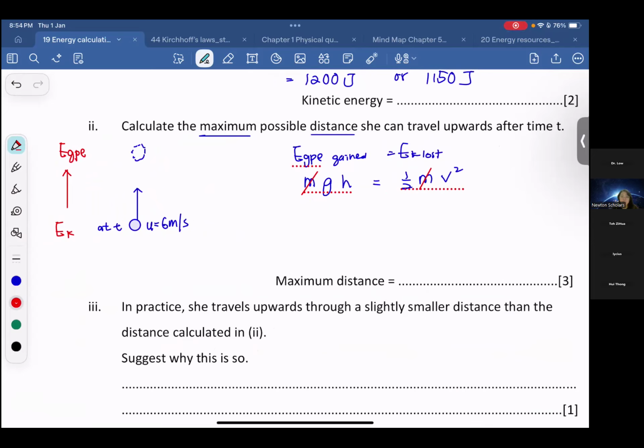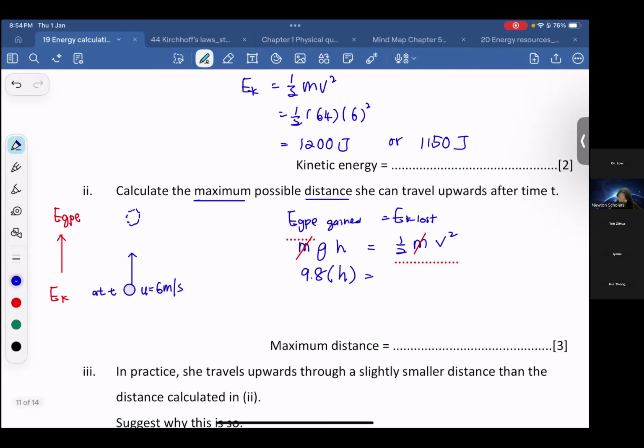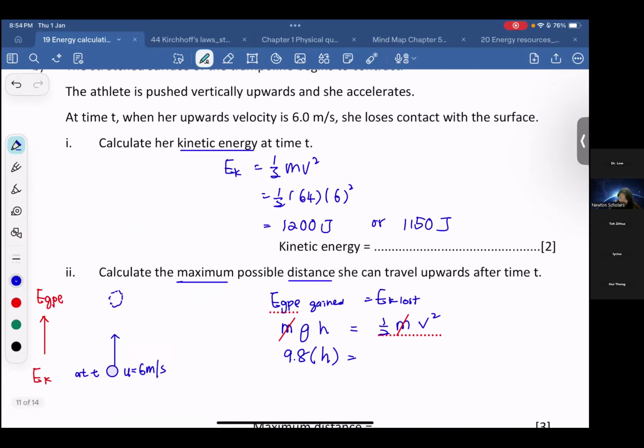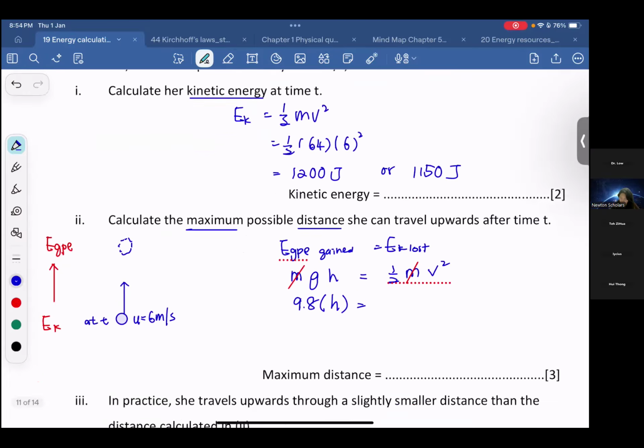One of the MCQ past year questions, they didn't provide the mass. They said that the durian is dropped, but they didn't give any mass. So we just cancel lah. Okay? So if we cancel this one, is it okay? 9.8 times the height, which we don't know, equals 1 over 2 times v, which is 6, squared. So h is